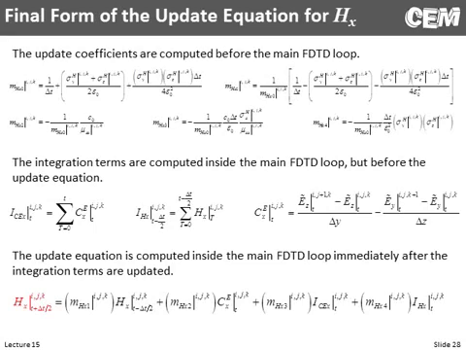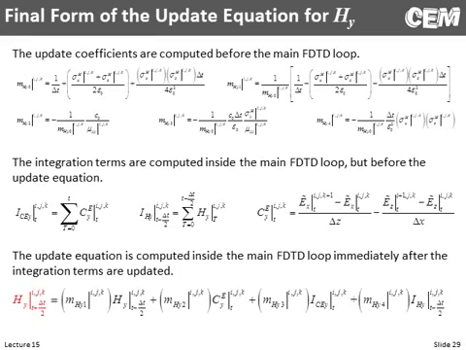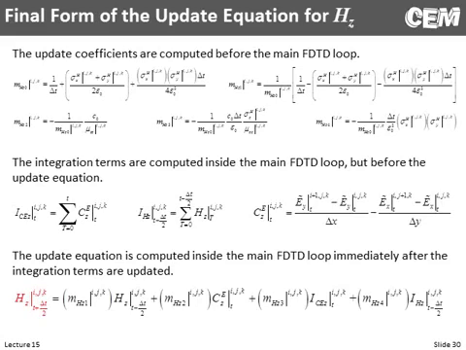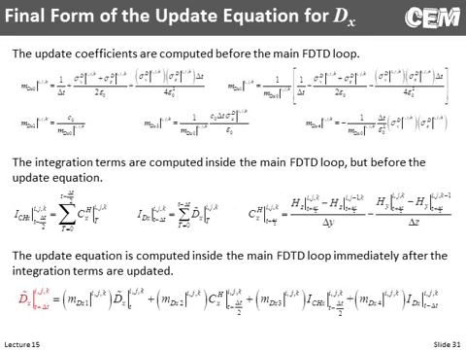So that's just the update equation for Hx. Here is the update equation for Hy. You'll notice that the final update equation has exactly the same form. It's just the update coefficients are a little bit different, and the curl term's different, and we're integrating slightly different quantities. But the form of it, its anatomy, is the same and does not change. Our update equation for Hz, and our update equation for Dx. Again, it looks exactly the same, even though now we're updating a D field. It's an electric field quantity, but its anatomy is unchanged. Dy